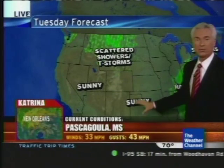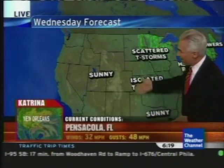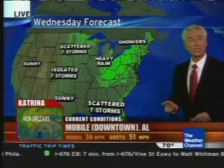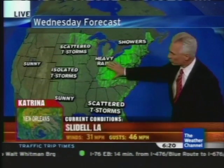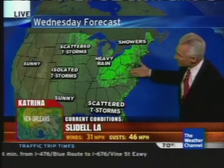Scattered showers around portions of Montana and into the Seattle area today and into tomorrow, I should say. But southward, lots of sunshine, lots of warm temperatures here, and it looks like the West Coast is going to continue to bake underneath that sunshine on into midweek. We will see a better chance of a bit of rainfall around portions of the northern plains, but the heavy rain continuing from the Great Lakes on eastward,